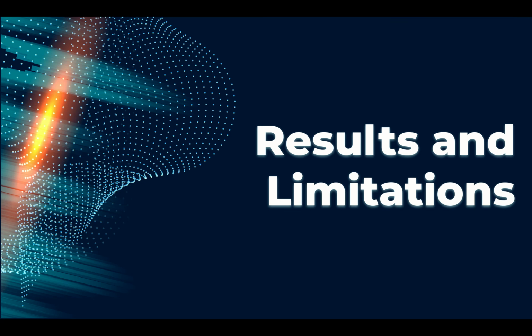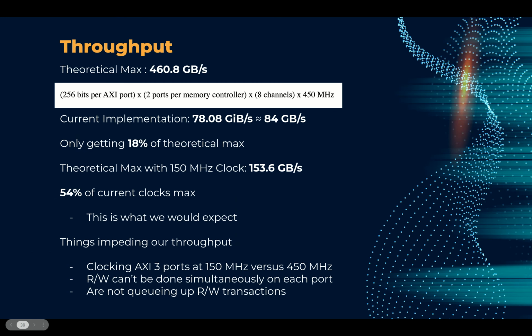Now we would like to go over our results and limitations of our project. For the throughput, for the Alveo U280 board, you can get 460.8 gigabytes a second. Now the way that math works out is there's the 256 bits per AXI port times 2 ports per memory controller times 8 channels at a frequency of 450 megahertz. If you do that math out, you'll get roughly